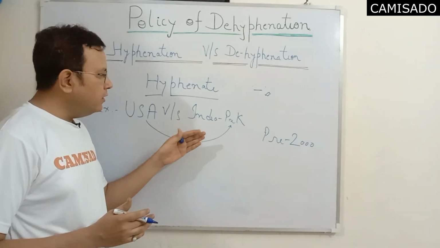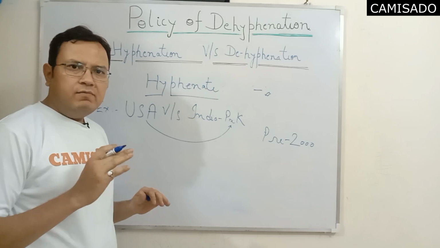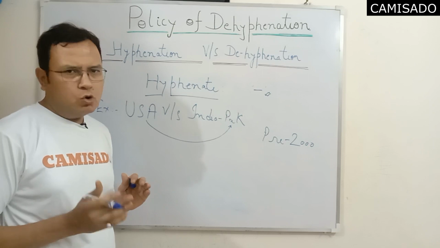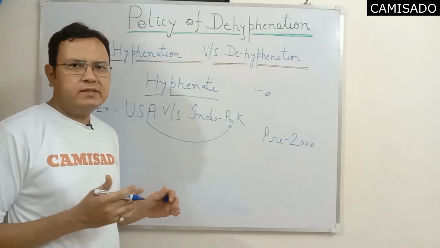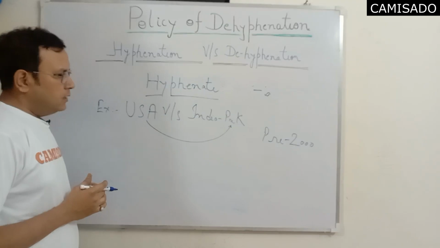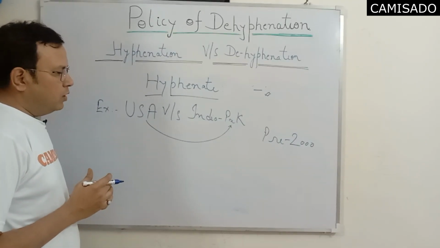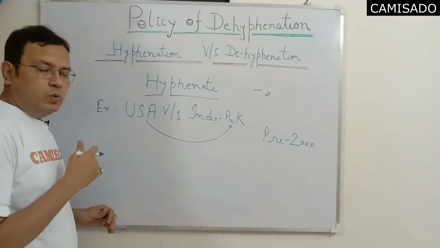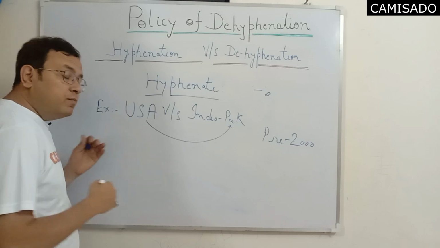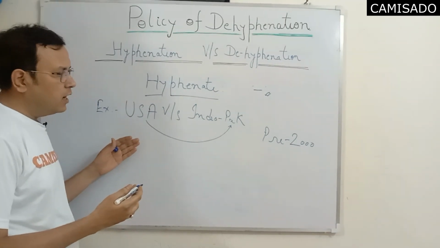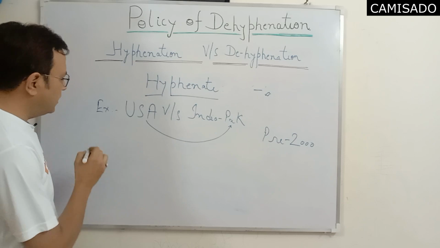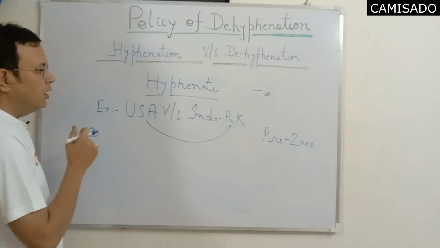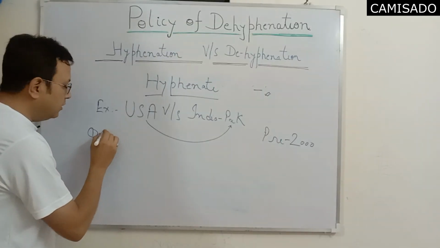But on the other hand, India did not enjoy that level of relationship with the United States of America, and there were some irritants here and there in our relationship. Our relationship was not that smooth. But whenever it comes to foreign policy initiatives or foreign policy response towards India by the US, the response of the United States of America towards India was always guided by two factors in the pre-2000 phase. I would again repeat. First, the inimical relationship between